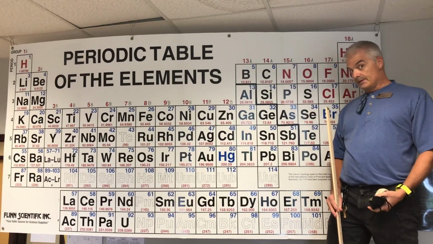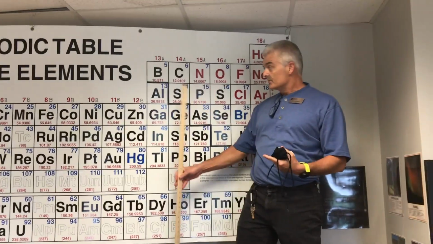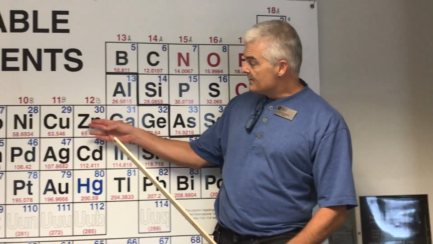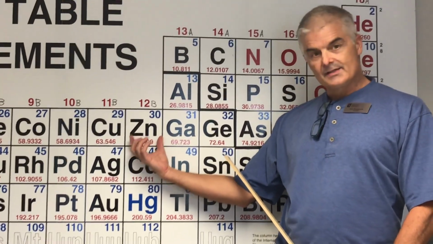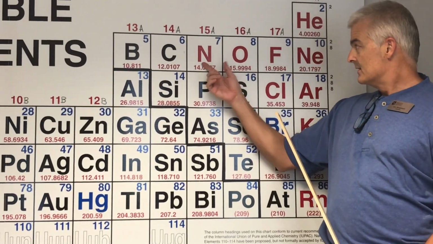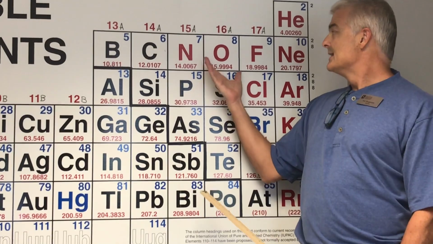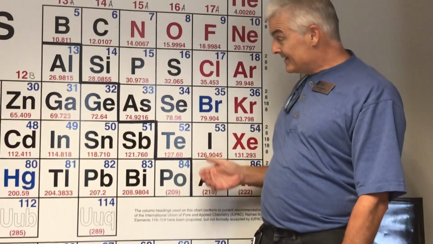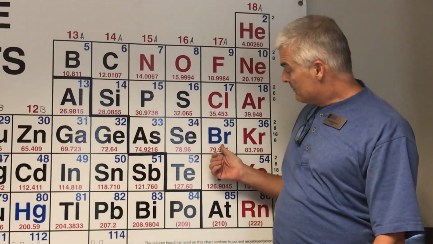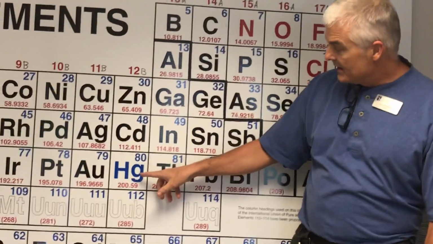Another thing you can learn about the periodic table is that the colors on this table tell you the state of matter: solid, liquid, and gas. If they're black, they are at room temperature going to be a solid. If they're red, like nitrogen and oxygen, you can know that oxygen is a gas, and if they're blue, then they are liquids. You might notice there's not a lot of blue. We've got bromine and we've got mercury.